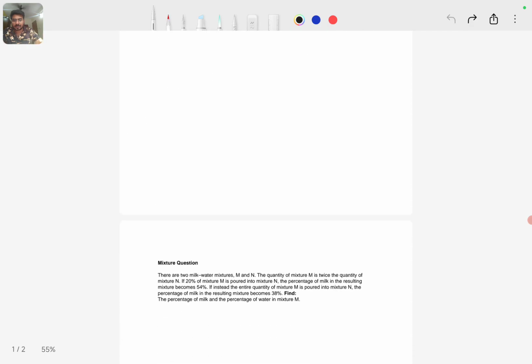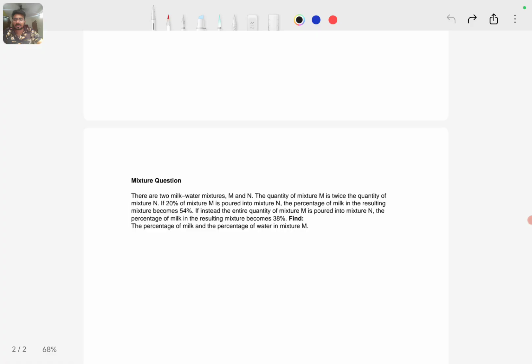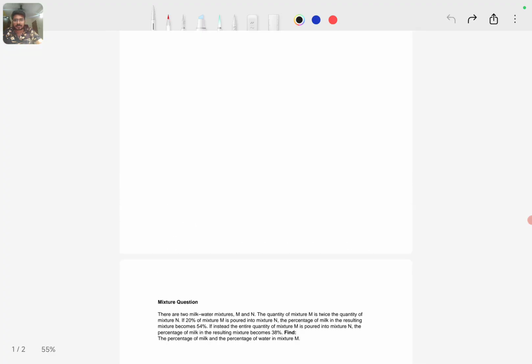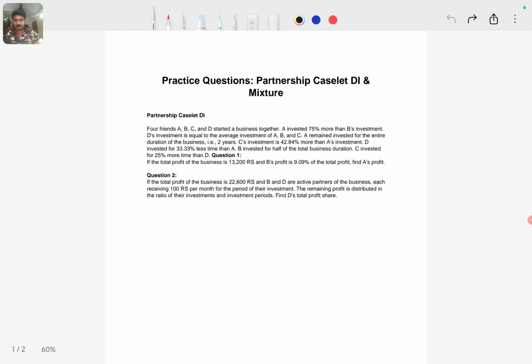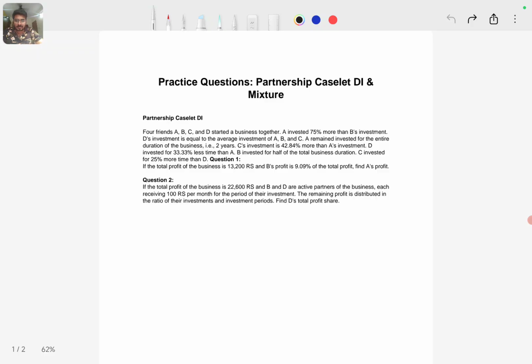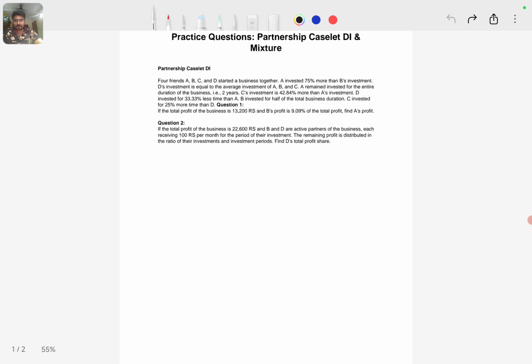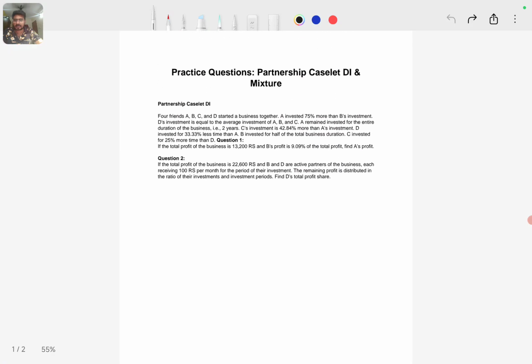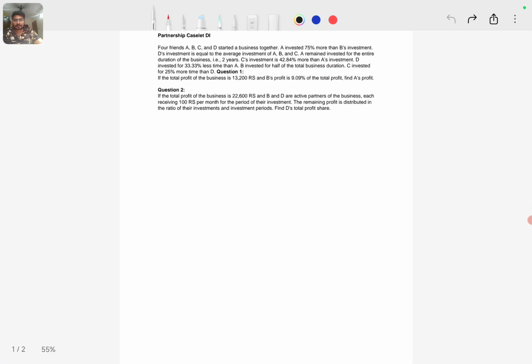It's the mixture question, but somehow you can relate it somewhere else. Okay. So this mixture question is also very interesting, and this partnership Caselet DA is also very interesting. In this partnership Caselet DA, it is not direct DI. We need to first get the data, and then based on the questions in the DI we need to solve it. Okay, so let's get started. Both DI and mixture question were created by me, the content created by me. Okay,